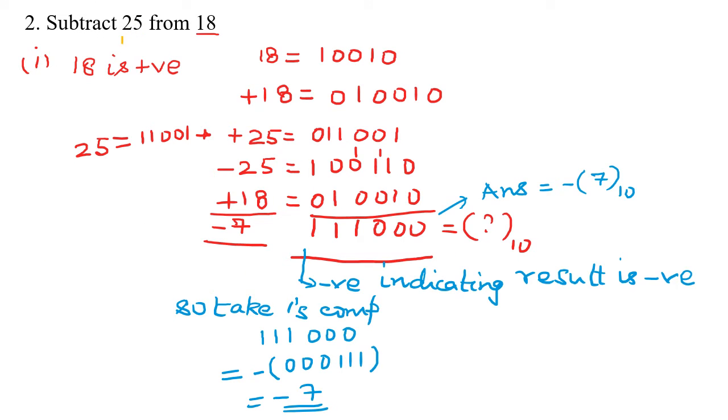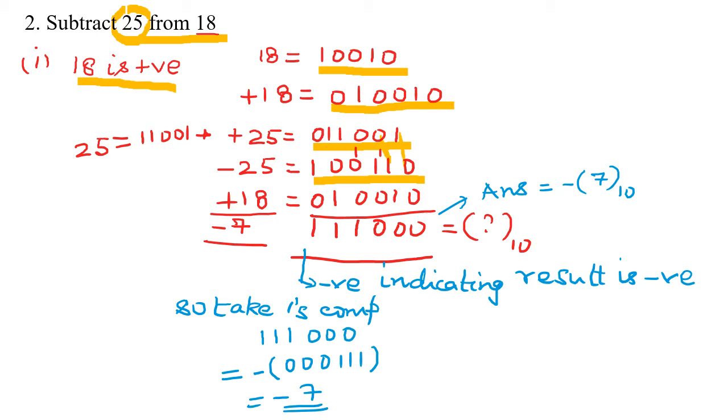Now next, subtract 25 from 18. अब हमें 18 में से 25 घटाने हैं, तो जो हमें नंबर घटाना है उसका टू'ज कॉम्प्लीमेंट लेना है, क्योंकि वो बिकम्स अ नेगेटिव नंबर और 18 पॉजिटिव ही रहेगा. 18 की बाइनरी हमने पिछली स्लाइड में निकाली थी, it is equal to 1 double 0 1 0. So plus 18, इसके आगे एक 0 ऐड कर देंगे, that is 0 1 double 0 1 0. Plus 25 पिछली स्लाइड में वैल्यू कैलकुलेट की थी, it is 0 double 1 double 0 1. To find minus 25, इसका कॉम्प्लीमेंट लेना है, 1 के corresponding 0 and 0 के corresponding 1. So it becomes 1 double 0 double 1 0.